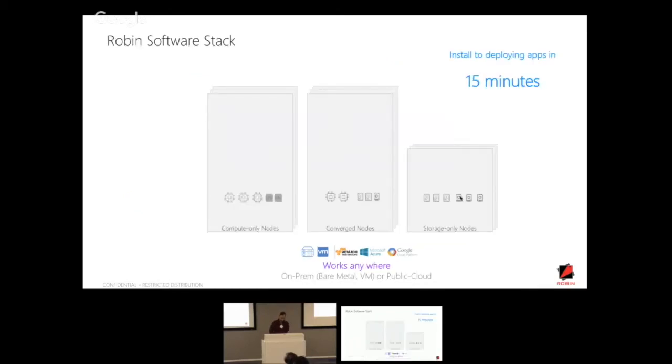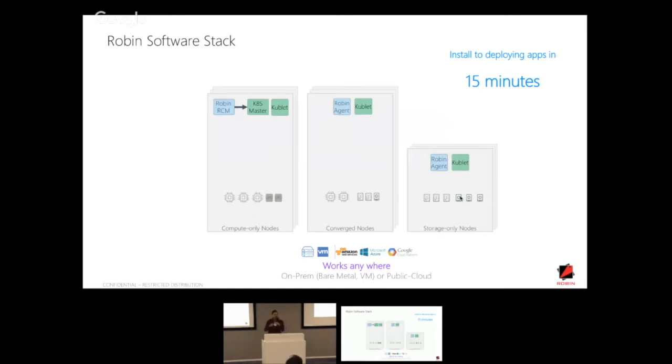Okay, how did we do it? So there is Kubernetes. We have the scheduler and API server on top, and we have kubelets at the bottom. What Robin does is it will envelop Kubernetes. On the top, we have a meta scheduler. The reason why we need the meta scheduler is because of all the honeycomb items that you have seen, storage and compute affinity and anti-affinity rules. And when you scale out, you have to adhere to the same principles. So we act as a meta orchestrator, and we direct Kubernetes on where to place stuff, both storage as well as compute.